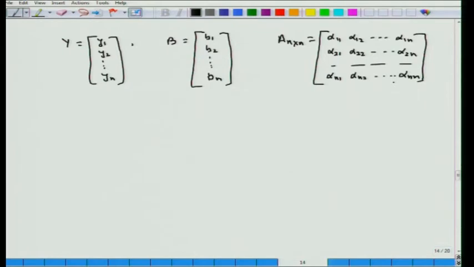This is an n cross n matrix, and therefore the matrix equation can be written as Y = B + lambda A Y. Now, this Y is simply